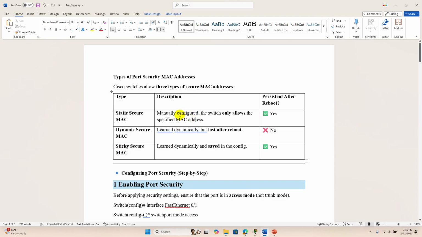Okay, so manually configured, like you specify which MAC address is allowed. You have to manually and explicitly mention what the allowed MAC address is. And even if you reboot, these settings would stay there in a persistent manner. The second one is like you configure the port security,